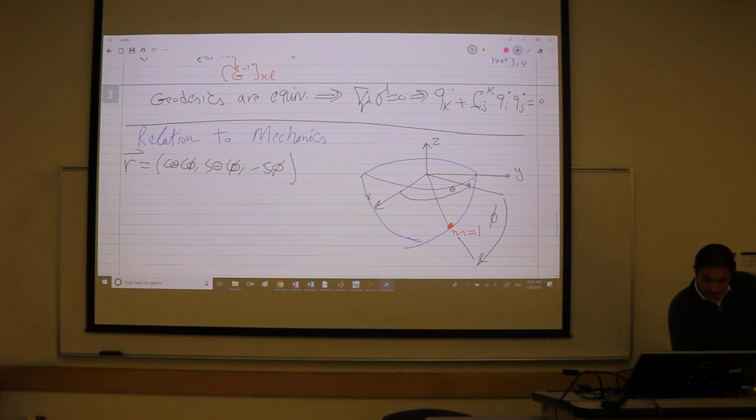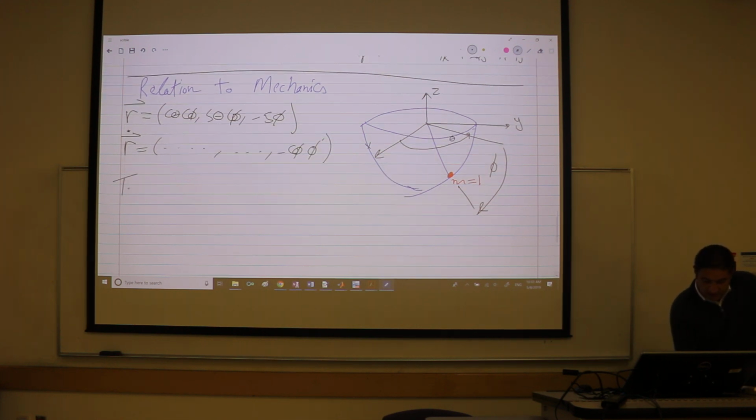So from the mechanics point of view, I want to get the equations of motion, so I'm going to differentiate this, so please differentiate it for me. So for example, this is negative cosine phi times phi dot, right? And then we write down the kinetic energy, 1/2 m r dot squared, do it and get all the terms. So we get 1/2 m cosine squared phi theta dot squared plus phi dot squared, right? And we typically write down the kinetic energy as